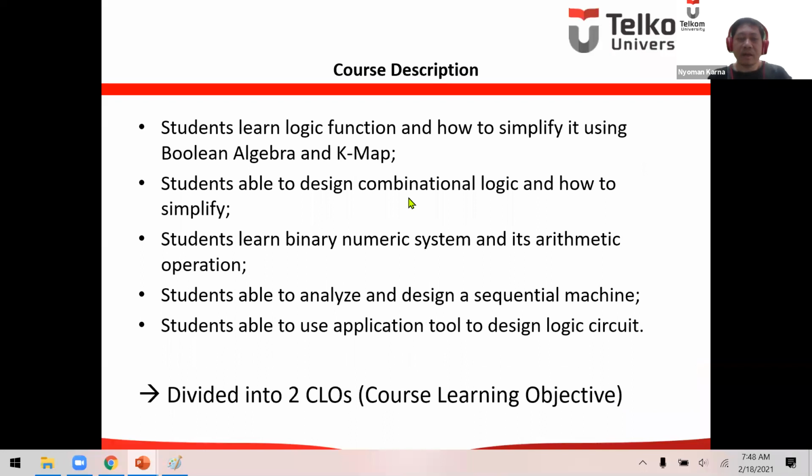Okay. This is the course description. We're going to have a mid-exam, and then the final exam. Oh yeah, about the final exam, we're not going to use a theory exam. However, we're going to have a project using the online simulator.